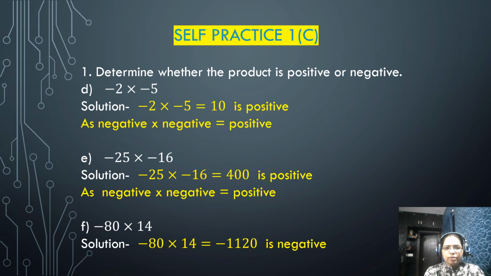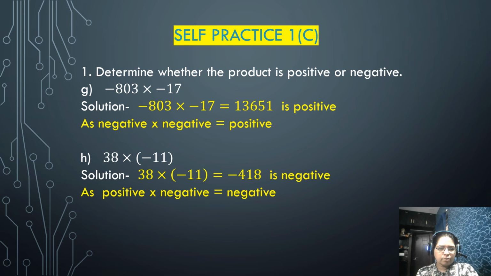Here we have learned that multiplication of positive and positive, we get positive integer, and multiplication of negative and negative, minus multiplied with minus, we get positive. When we multiply positive with negative, we get negative integer, and when we multiply negative integer with positive integer, we get negative integer. Plus multiplied with plus, we get plus, minus multiplied with minus, we get plus, plus multiplied with minus, we get minus, and minus multiplied with plus, we get minus.